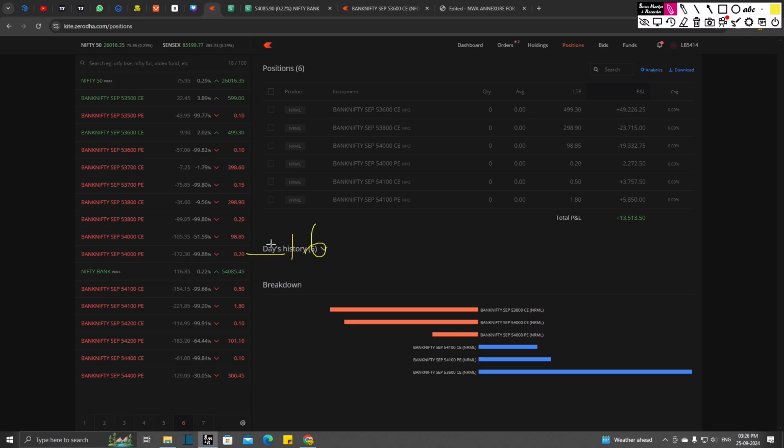This one was at 16, and this one was at 22. So this is where I bought both of the positions at the same time, because I knew the market might go towards this 16 or even this 22. I had a target of 35 for 16, and a target of 35 for this one. But after looking at the market, I added more quantities on this particular